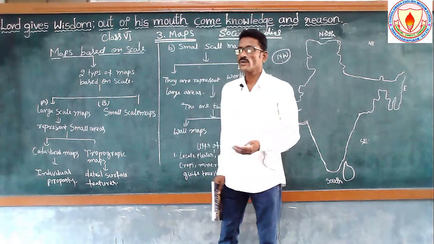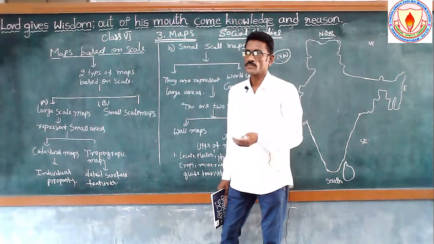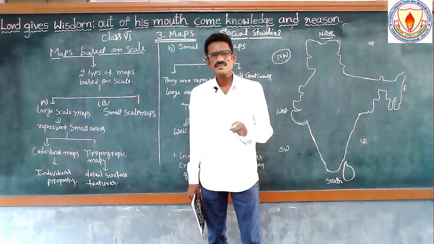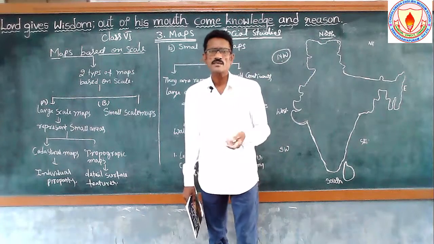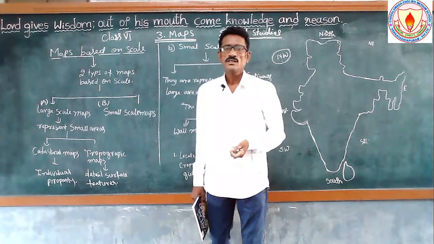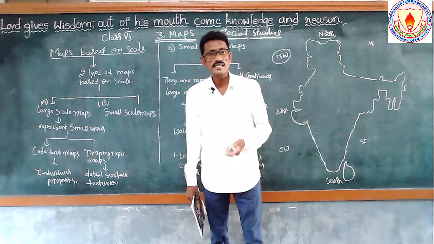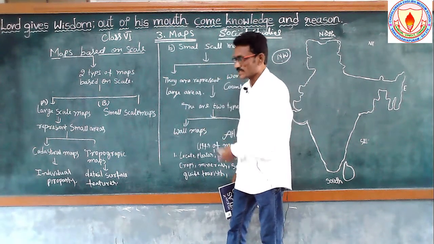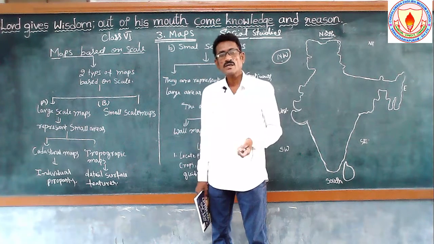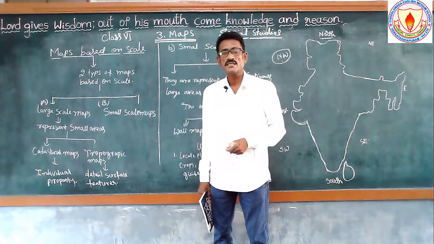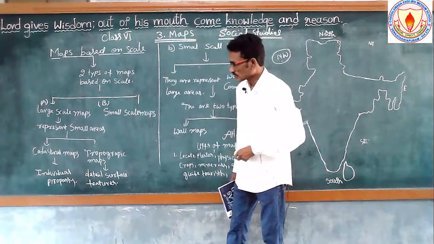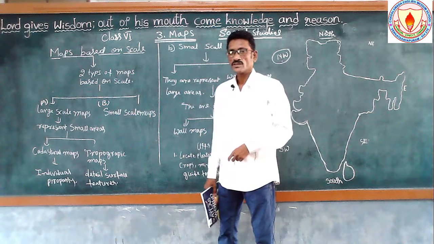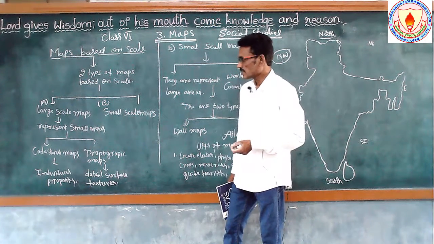And next we go to villages. If you take any village, some of the persons have more land and some have less land. So if you have 5 acres of land, it is shown on the large scale cadastral maps. If you have 1 cent or 5 cent areas, it is shown as individual property. So that is called cadastral maps.